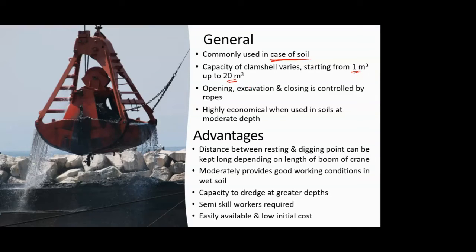And then, the mechanism I have explained is simply some ropes and a pulley arrangement, which manages all this dredging work. So the opening, the excavation and the closing are all controlled by ropes. Obviously there is no hi-fi or sophisticated machinery involved, so it's economical in that way. But again, there is a limit. It is economical only when you have soils, and that too